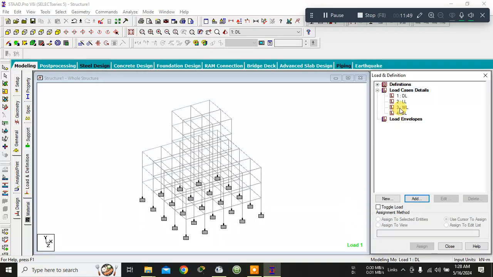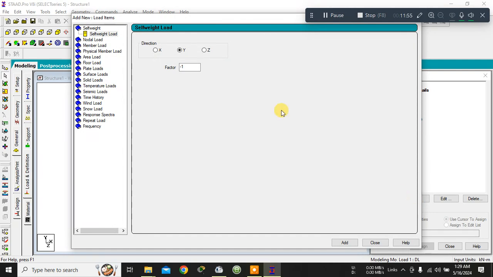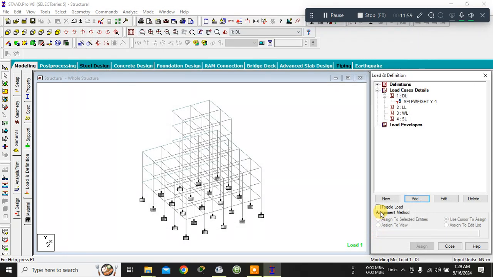Okay. So let me do one thing. Let me first of all apply the dead load. Go to the dead load portion. Add self-weight load. Add it. I have added the self-weight load. After adding the self-weight load, let me again add for the